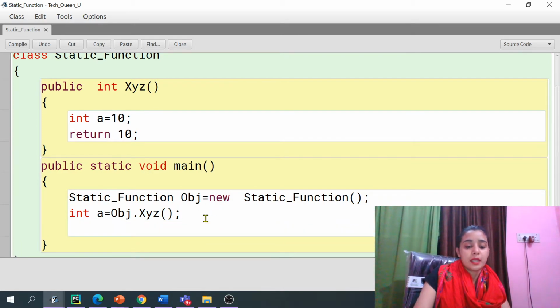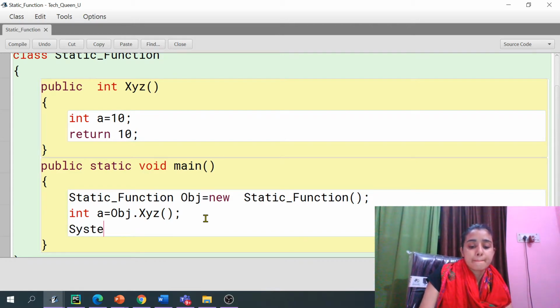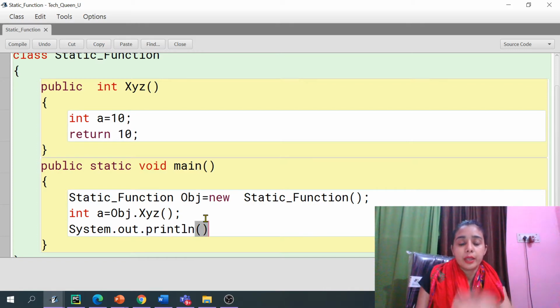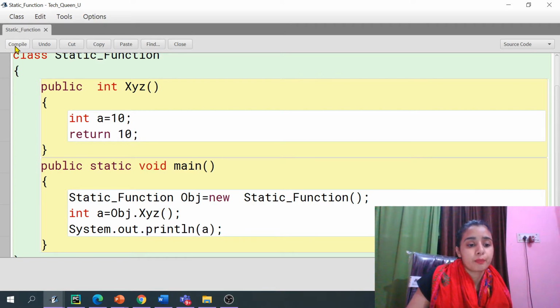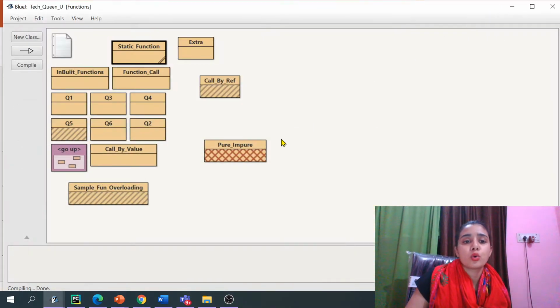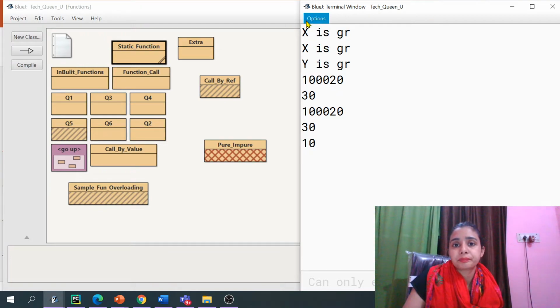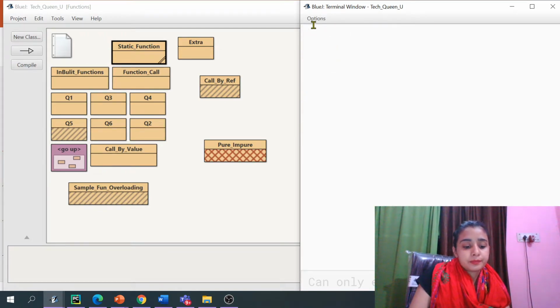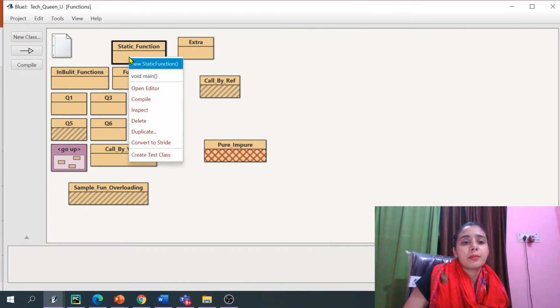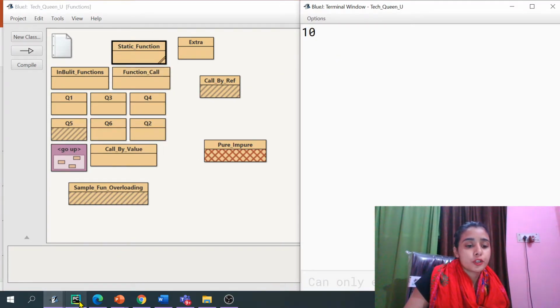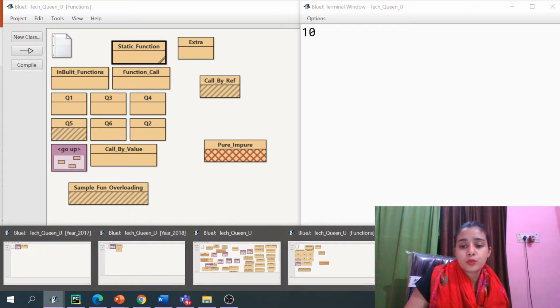So now let's say System.out.println, and I am printing a. Now my console window will appear. Let me clear that and run it again. See, it is returning me the answer.